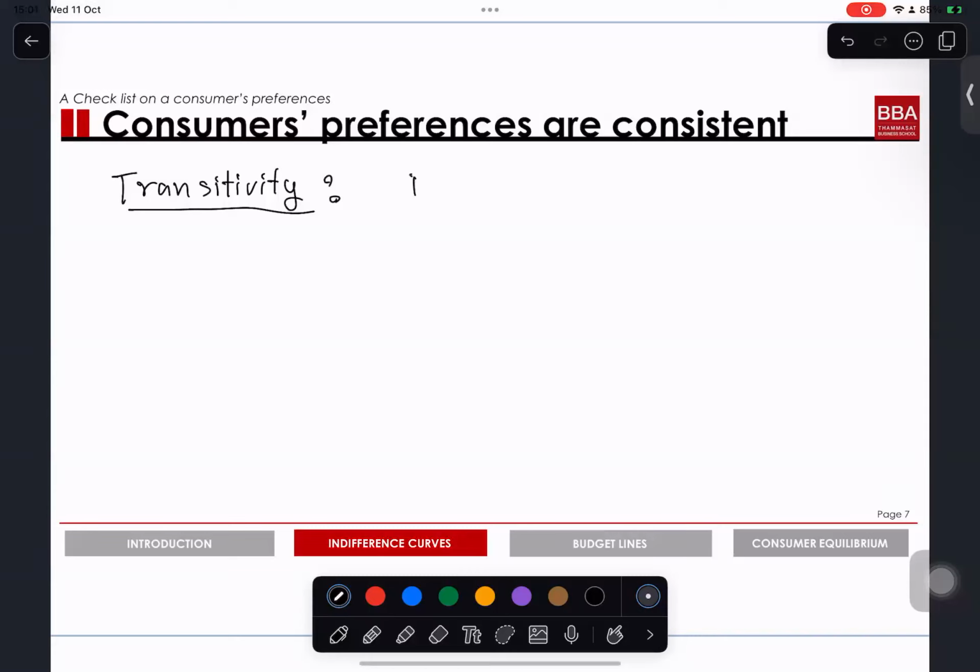Transitivity says this. If basket A is preferred to basket B, ask this guy, hey, A and B, which one would you love to have? Let's say this guy said he prefers A over B. And then we ask him next, hey, mister, can you rank B and C? Let's say he said, I would love to have B rather than C. B is chosen over C. If this is the case, then to be transitive,